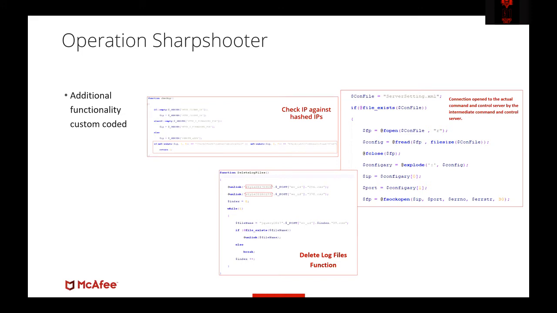Some additional Python analysis. So some of the other hard-coded activity we saw here was being able to check it against IP addresses, being able to make sure that log files have a rotation and deletion. We also saw that there are ways of blacklisting and whitelisting different IPs that they don't want to have the Rising Sun implant delivered to, possibly testing networks that these adversaries were operating from.